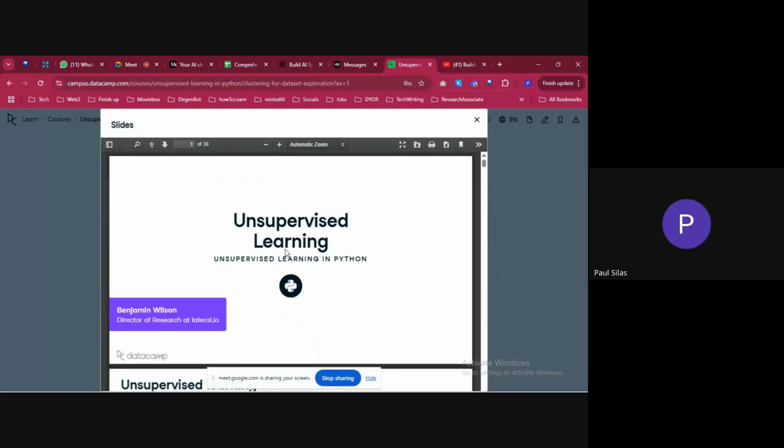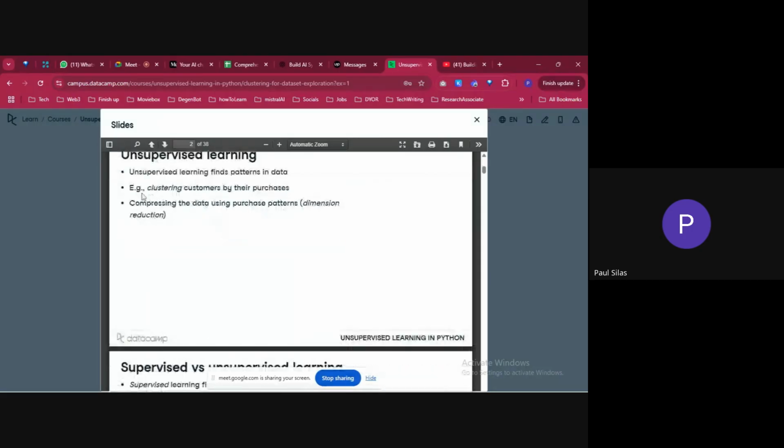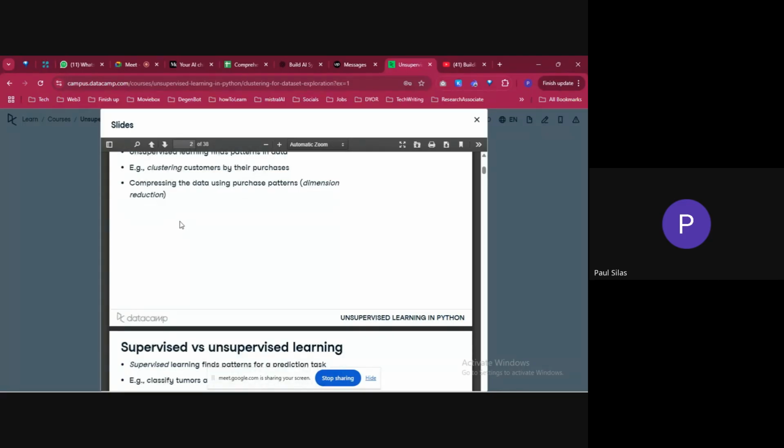All right, unsupervised learning. As we already discussed, unsupervised learning finds patterns in data, clustering customers by their purchases. And if you can remember, I touched on this practical use case when I gave some real world applications of unsupervised learning. For this customer case, it works by compressing the data using purchase patterns